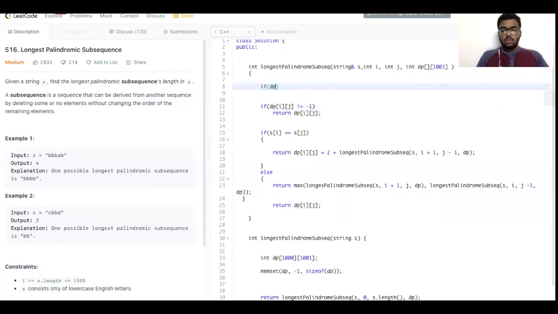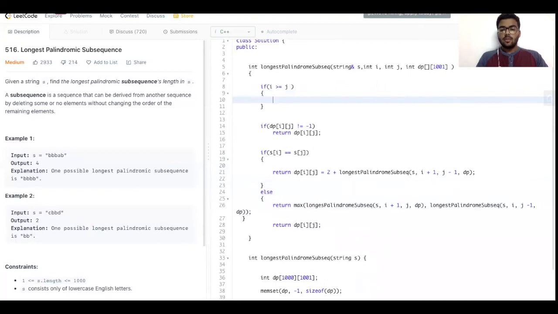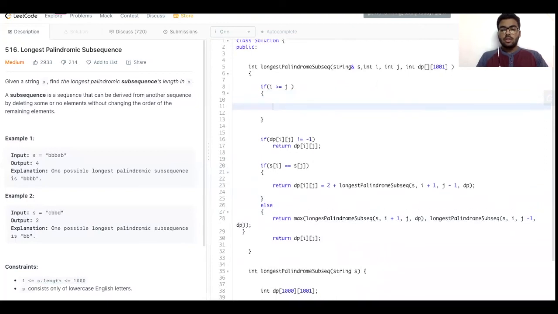And we'll also put a base condition. Suppose the pointers come in between, and I is equal to j, or maybe I is greater than or equal to j. So if the I pointer goes right to the j, at that point we will be checking if I is equal to j.